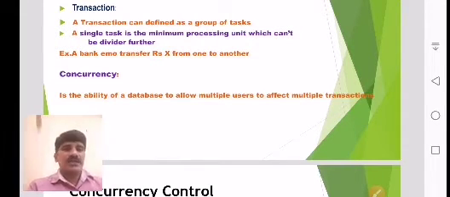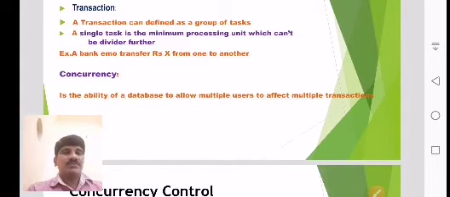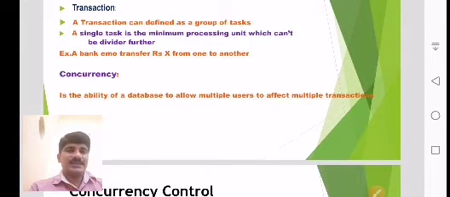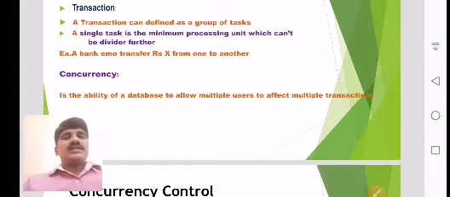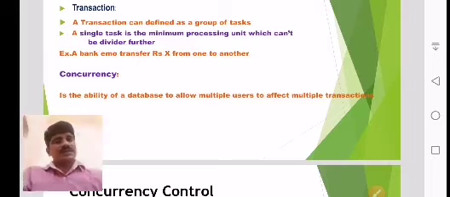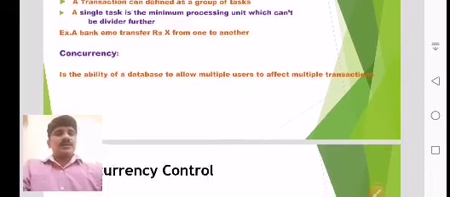Simply we can say it is the ability of the database to allow multiple users to execute multiple transactions. More than one user can activate more than one transaction. So this is the basic information about transactions under concurrency control.